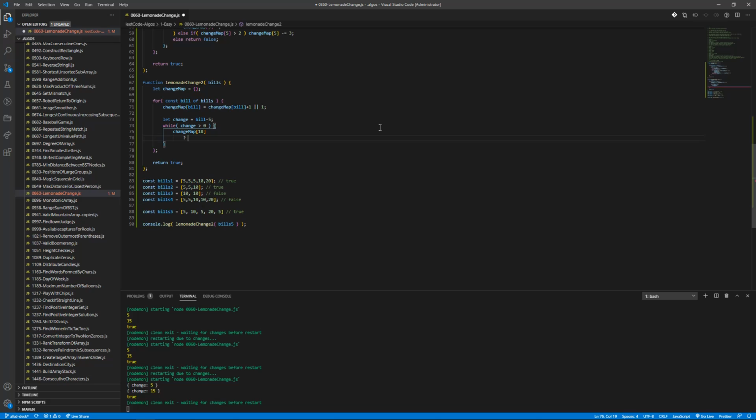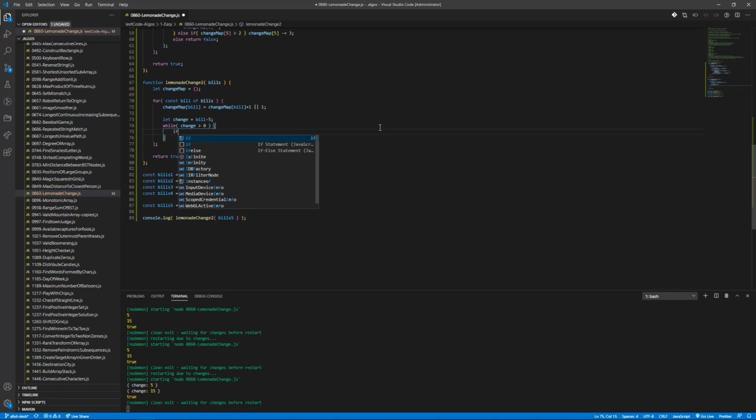If it exists, then change, you know what, because it's going to change map at 10. My first thought was to leverage JavaScript's type conversion, Boolean conversion. But then I realized that the value may be 0 at this point in this map. So we actually can't use that. We're going to have to use